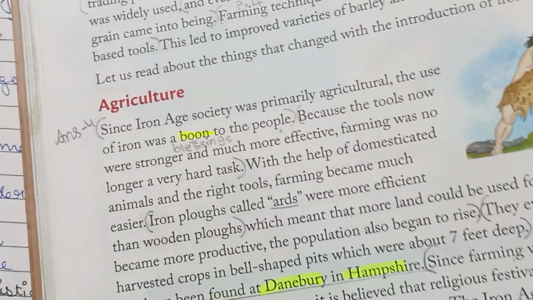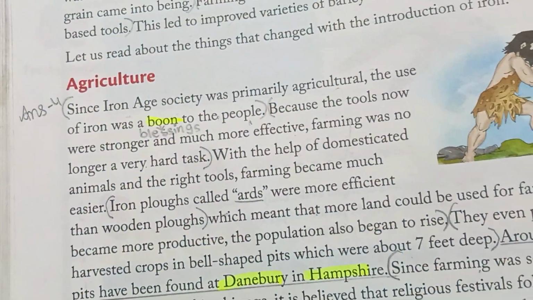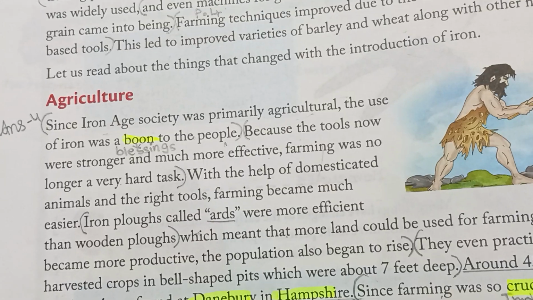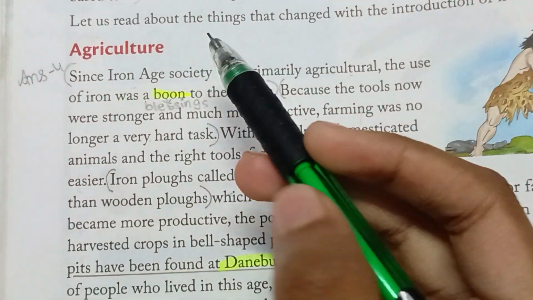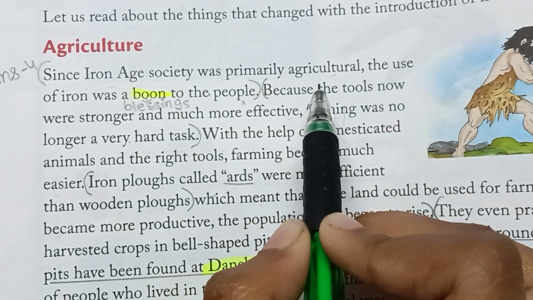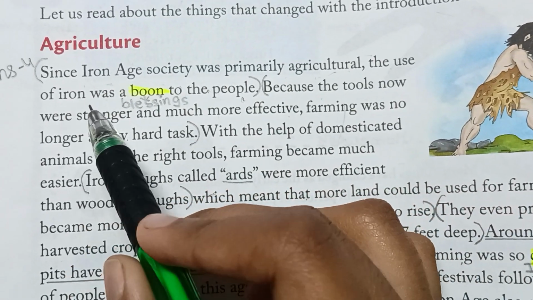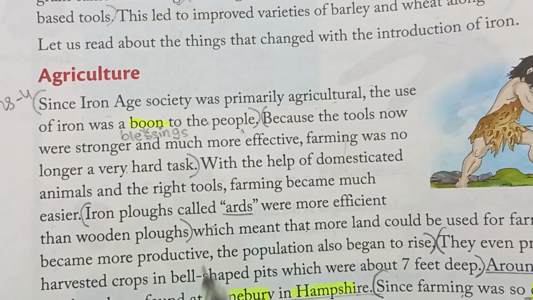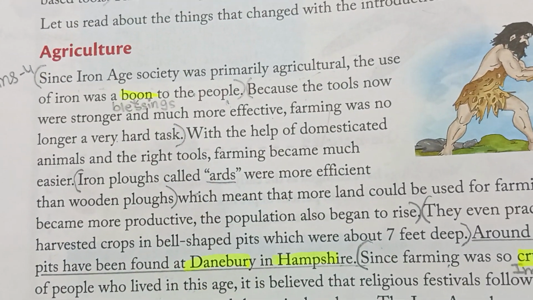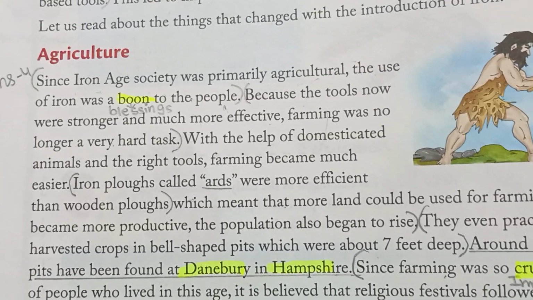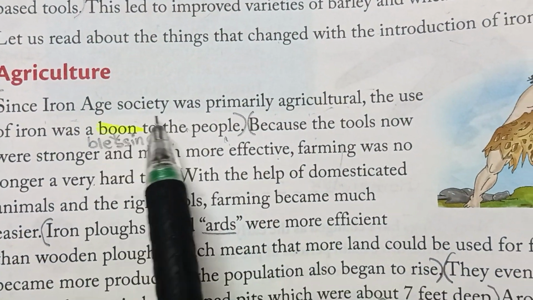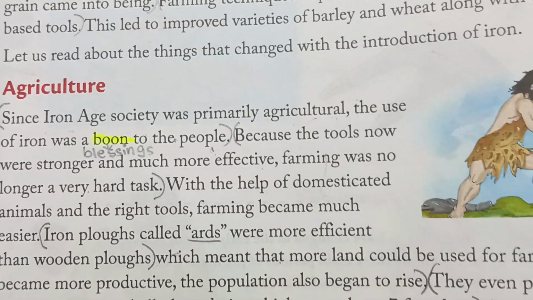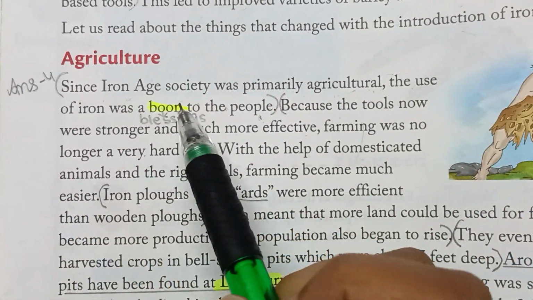Now, the other topic is agriculture. Let us read about the things that changed with the introduction of iron. In this, the first topic is agriculture. Since Iron Age society was primarily agricultural, the use of iron was a boon to the people. The Iron Age people were dependent on agriculture, so that is why they have said that the society was primarily agricultural. The use of iron was a boon, that means a blessing for the people, because